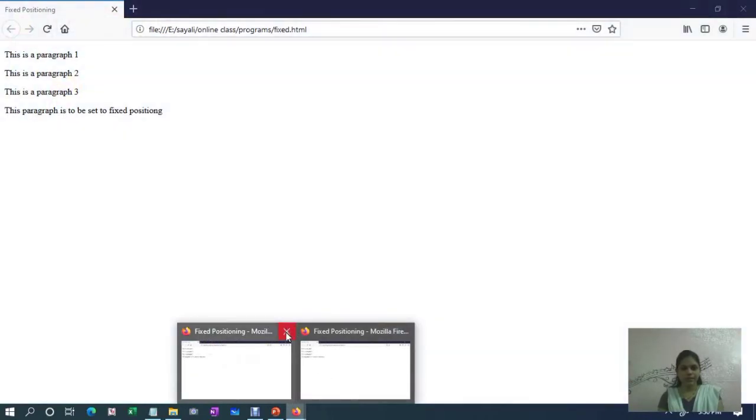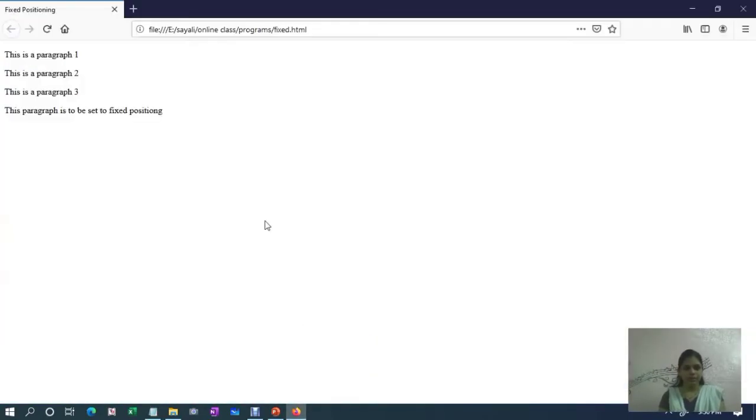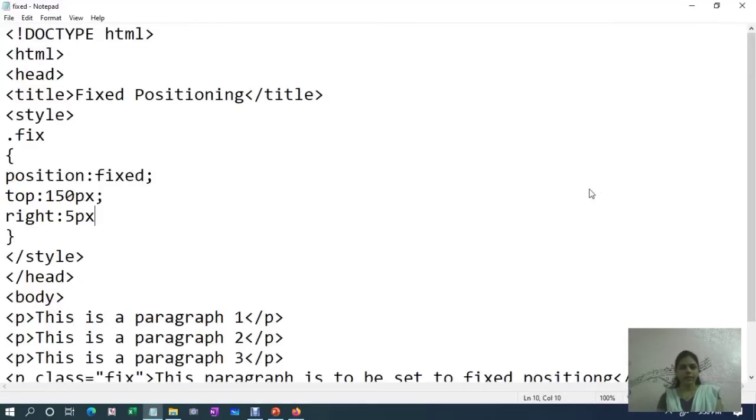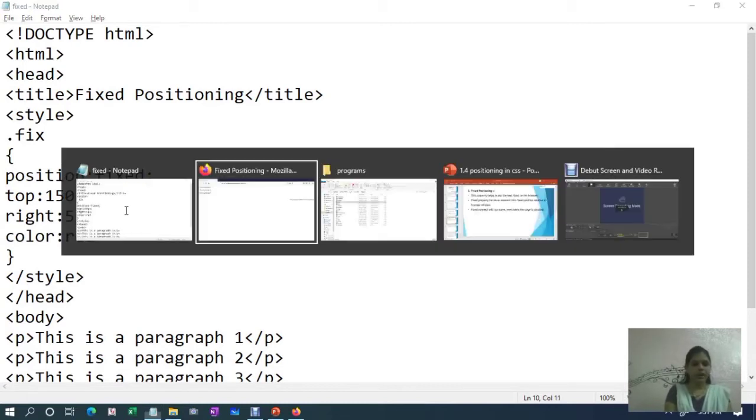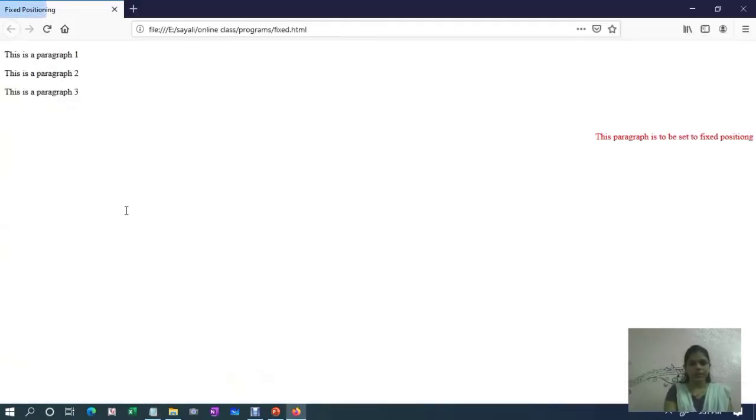So refresh the page to see the output. Now you can see here the position is fixed for the fourth paragraph. You can have any other properties for this p tag also. Let us change the color of it. Color colon red. Again refresh the page and you can see the output.